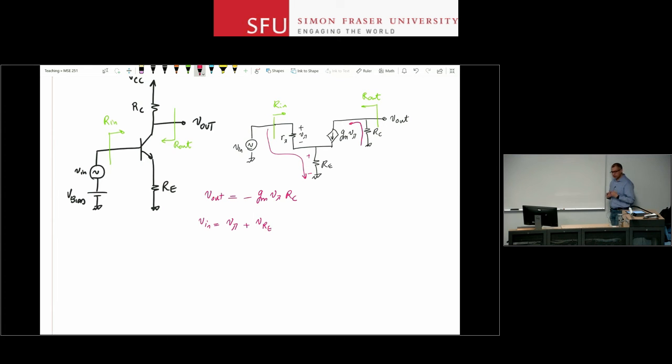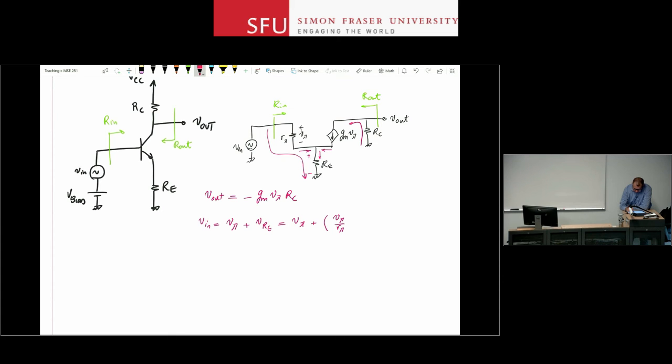The voltage drop across RE. Now, how much is that voltage drop? Well, it is a resistor, so I look at the current through it. The current through RE is made of these two currents, the current that comes from the base side and the current that comes from the collector side. So it is V pi over R pi, the current from the base side,